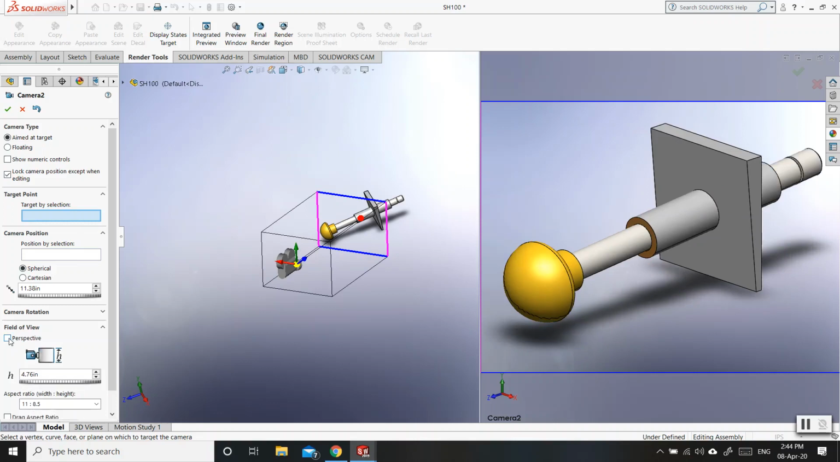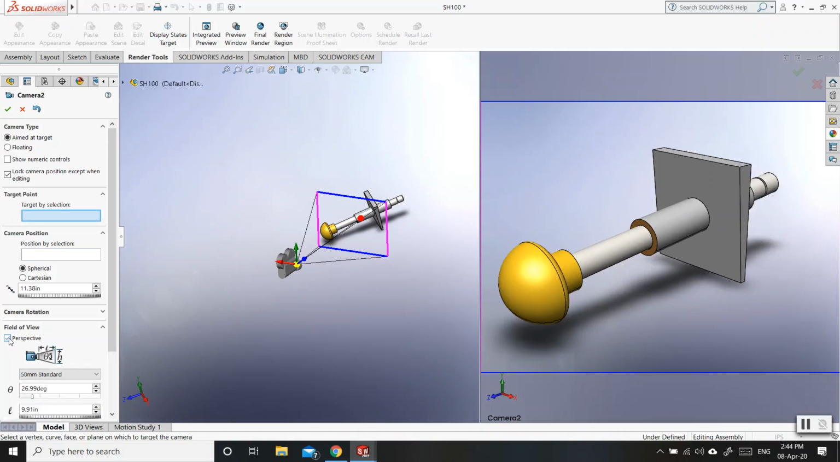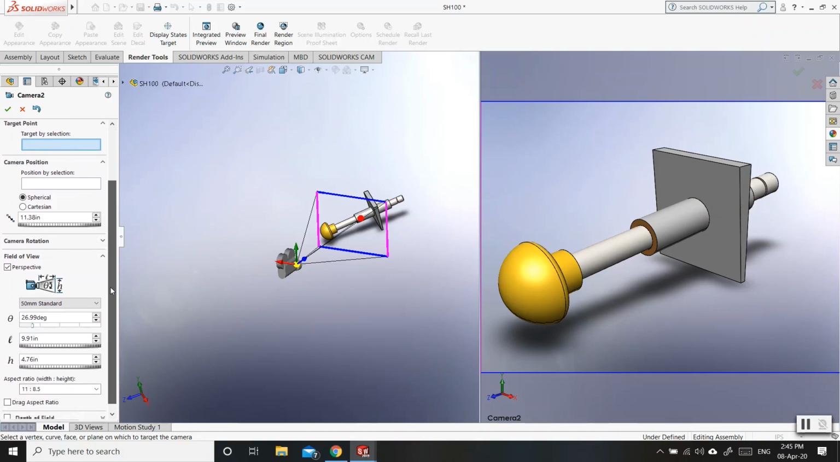So that really depends on you, whether you want the perspective, whether it's too much for you, or not. So you can turn that on and off. You can have different camera positions. You can do it spherically or based on the Cartesian system. You can have a very specific target. So if there's a part that you would like to target, you can click on that, and that would take